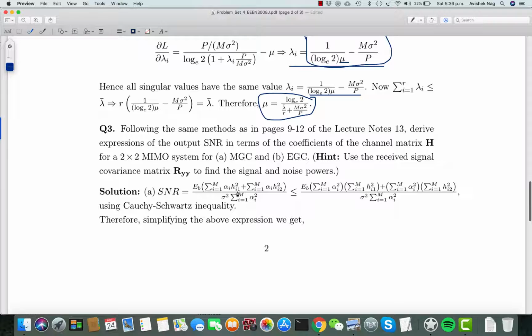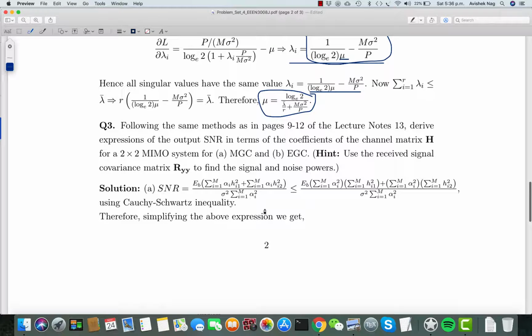In this case you have the parameters of the H matrix given as h_i1 and h_i2, where i goes from 1 to 2. So you can write the signal in terms of the gains of the H matrix like this, and similar to the lecture notes, you can write the expression of your SNR